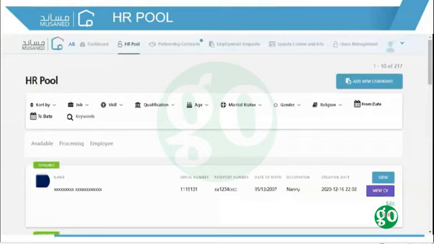eTawthiq also has a candidates listing feature, HR pool, where non-Saudi manpower agencies will post CVs of all domestic labor ready for employment, allowing Saudi agencies to choose a CV that matches the desired job requirements, and then obtaining the approvals of the related authorities prior to finishing the process. The system also provides users a chance to address complaints and disputes on their counterparts in order for related authorities to take appropriate actions.